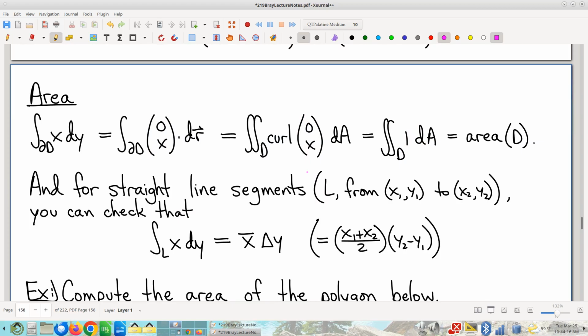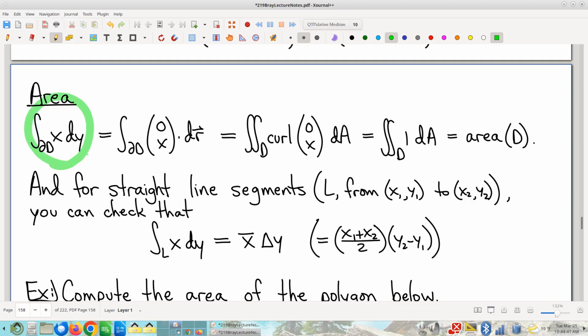Okay, so now you may be thinking to yourselves, you know what, this integral is kind of a pain to compute also, and I've been computing areas since I was in middle school geometry class, and so thanks but no thanks. I'm just going to stick with high school geometry. You may be thinking that. Sometimes that's a fair choice. But let me point out, this integral can be really easy to compute in some cases.